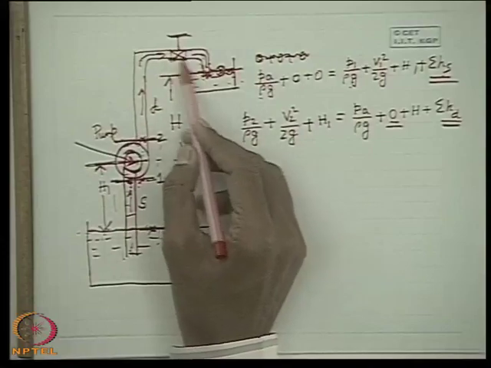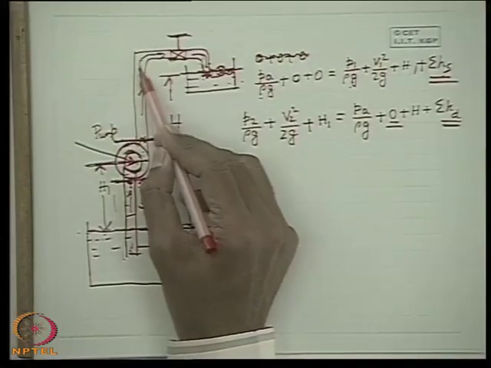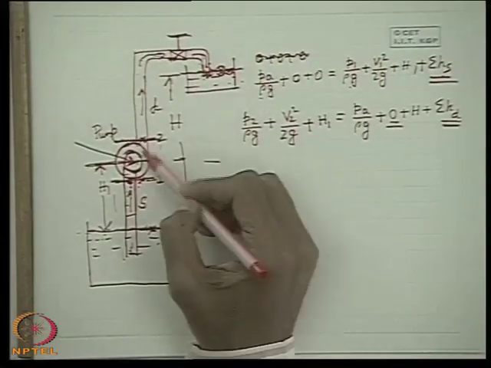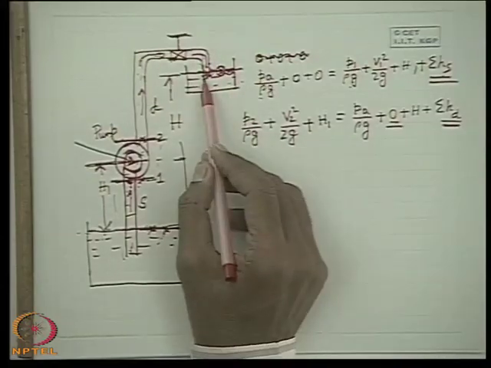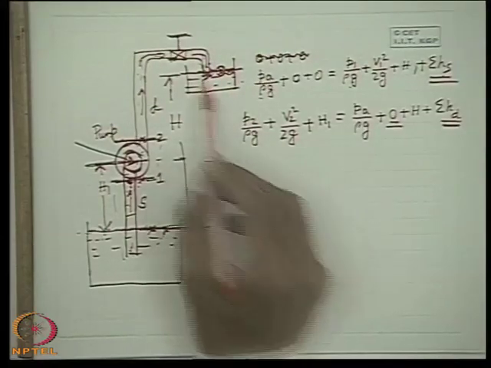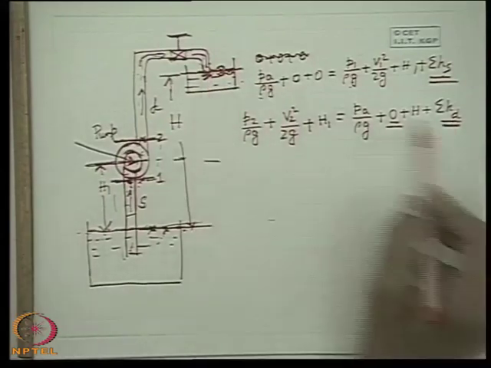If nothing is mentioned about any valve or fitting, nothing is mentioned about any bend in a problem, we will consider only the frictional losses if I know the length and diameter of the pipe, but I will not forget to include the velocity head loss, that is the exit loss here.